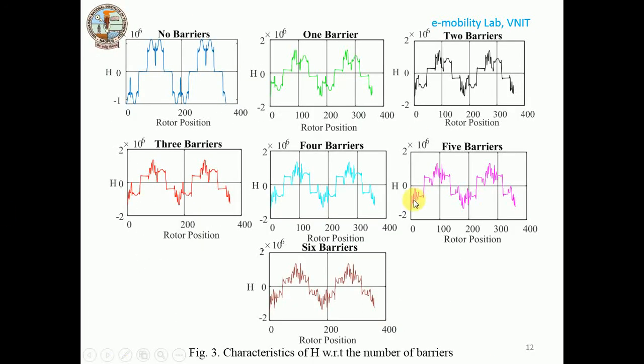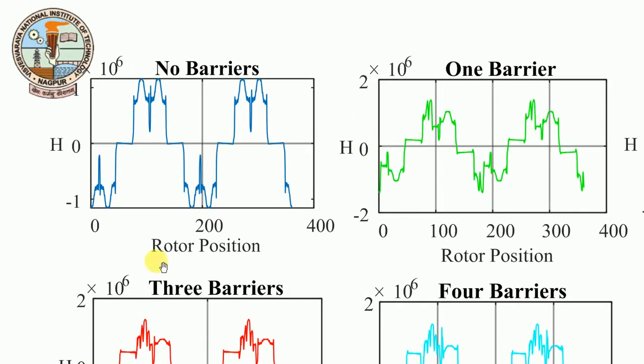Now coming to this, I have plotted the intensity waveform along with the rotor position. You should have a quasi-square wave. You can see here, it should have a quasi-square wave, but this dip is coming because of the slotting effect. The slot openings are creating these dips. So this is the case when there is no barrier in the rotor structure. So there is one dip effect.